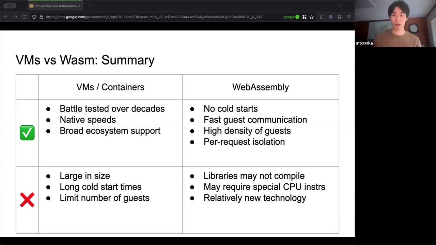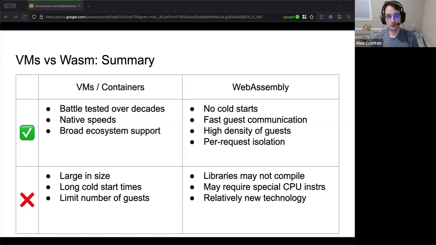Sorry, just want to insert here, if you have more questions, we can postpone that to the end of the presentations. I want to make sure Alex has enough time to finish the talk here. That's a good point. And I'll go ahead and move on.